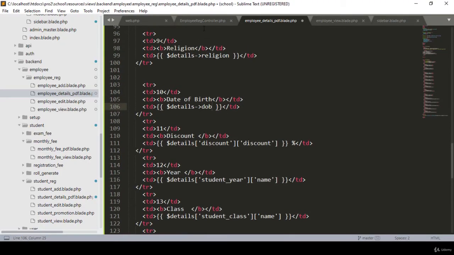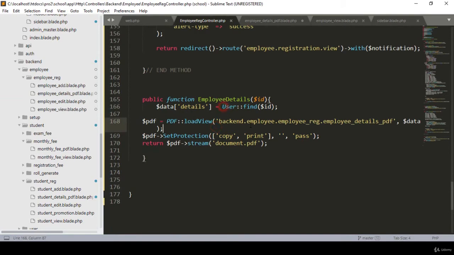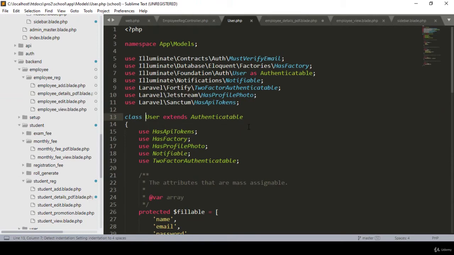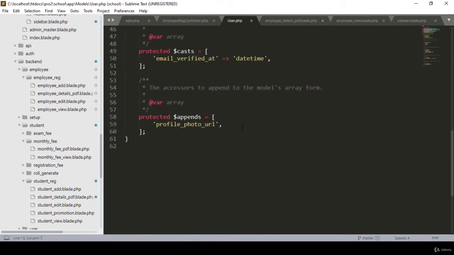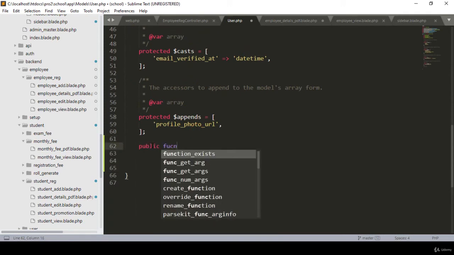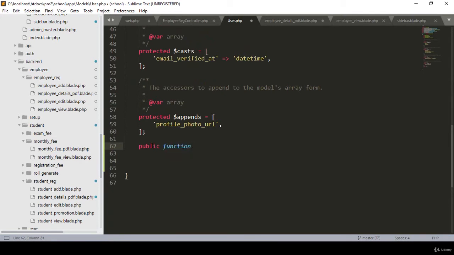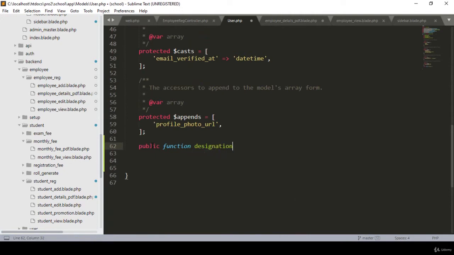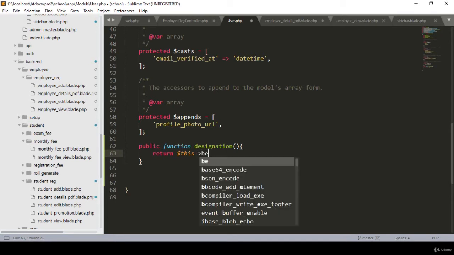Okay, so here DOB, and after that into the user. So into the user table, better, I want to do it in the user model. I want to create a relationship. So now go to that user model. After this, I put a condition as public, and then function, and I want to create a method called designation. This type of method I want to create. With this method it will return this belongs to,